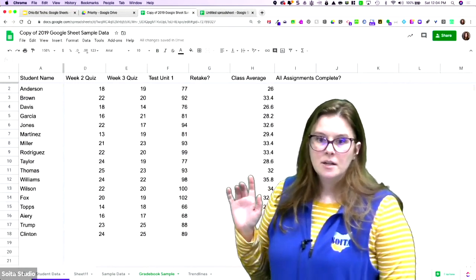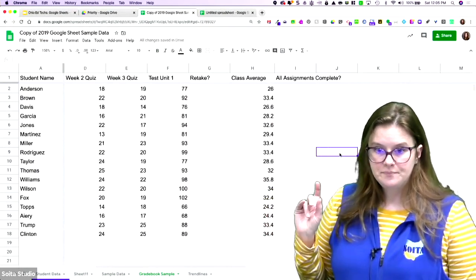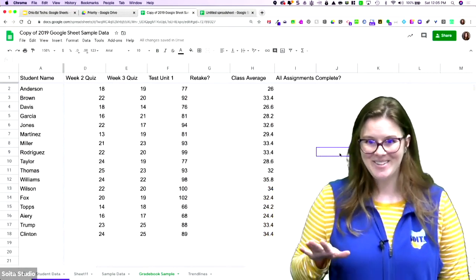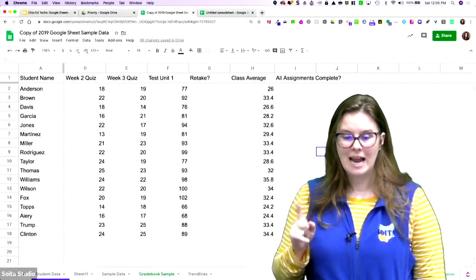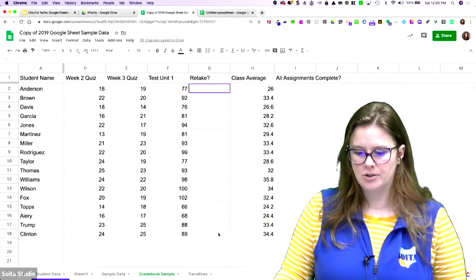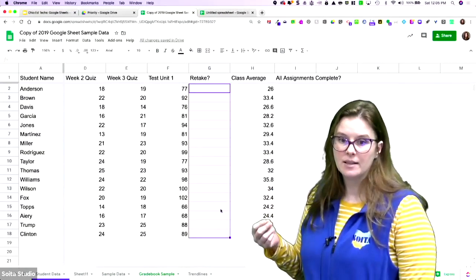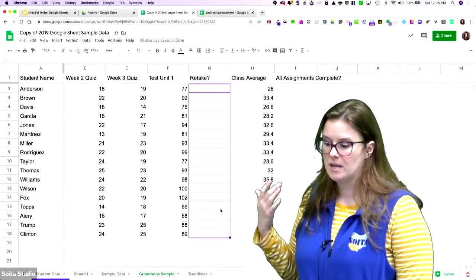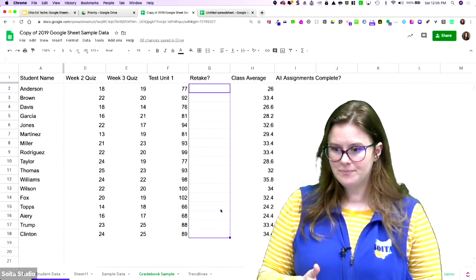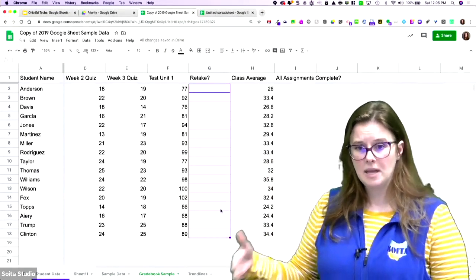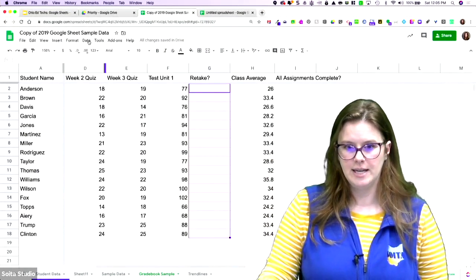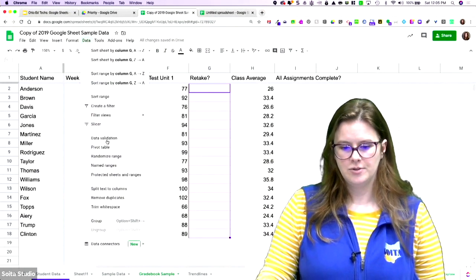Okay. So first of all, I want to show you how to add those drop-down lists because we've probably seen those in Sheets and we're like, that's really useful, but I'm not sure how to do that, okay? So I'm going to select the cells I want to add that to, and I'm going to use something that's called data validation. So data validation allows me to create a rule or control what sort of data can be input into the cells. And in this case, I'm going to do a list. So I'm going to go to Data, choose Data Validation,